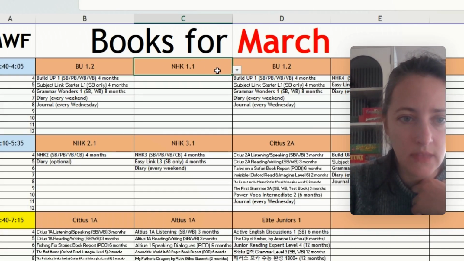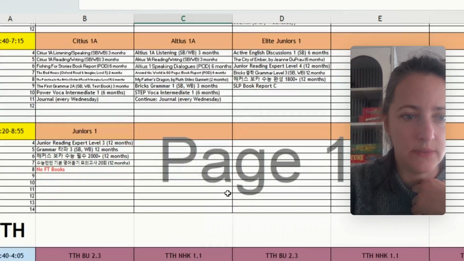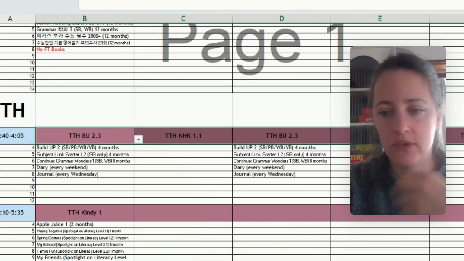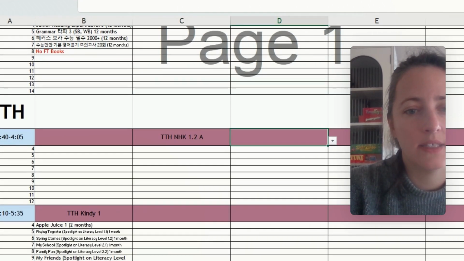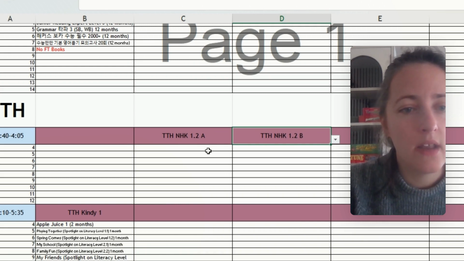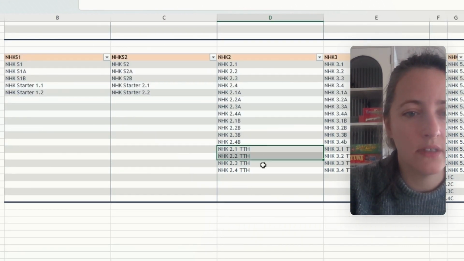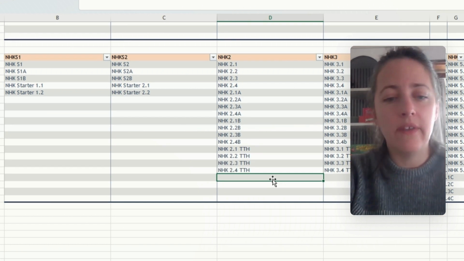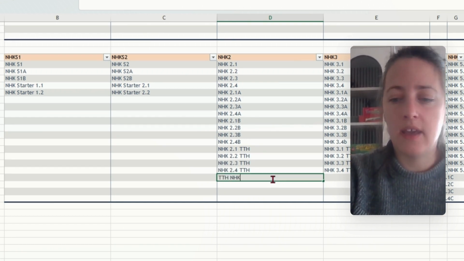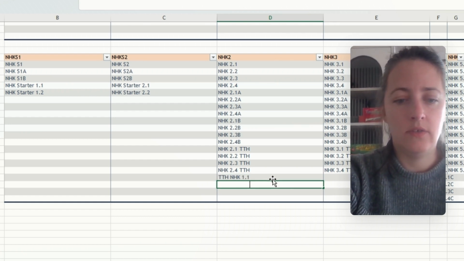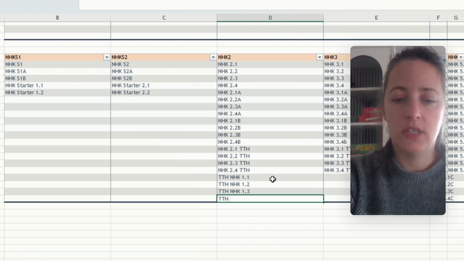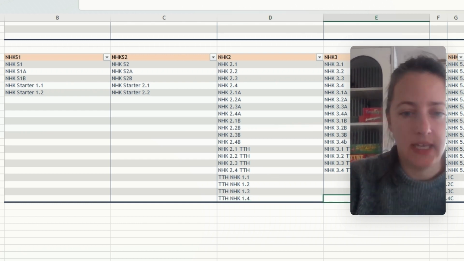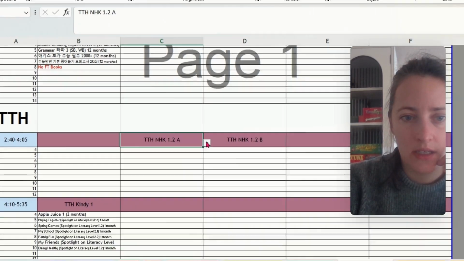So let's just say that we have the New High Kids. Oh, this needed Tuesday, Thursday. Let's delete that for a second. You have this class and you have this class, an A and a B as an option, but no books are showing. And that is because under your class books, there's not the version of Tuesday, Thursday starting this. So if you just simply enter Tuesday, Thursday, New High Kids 1.1, Tuesday, Thursday, New High Kids 1.2, Tuesday, Thursday, New High Kids 1.3, Tuesday, Thursday, New High Kids 1.4, you will see that all of a sudden under monthly book list,